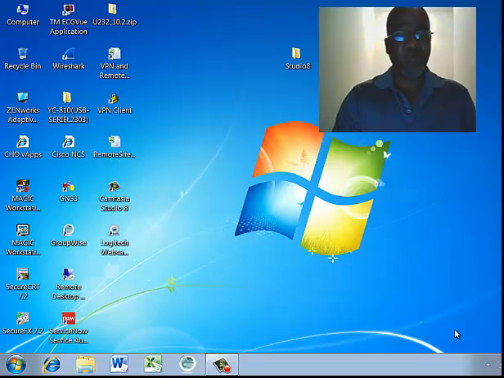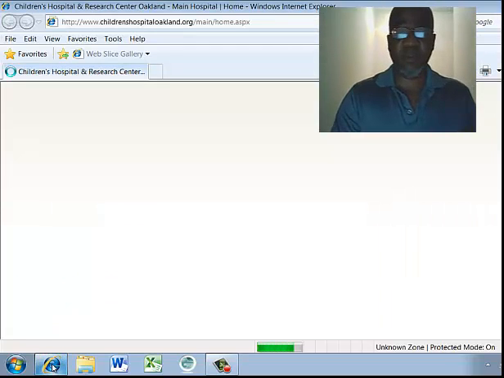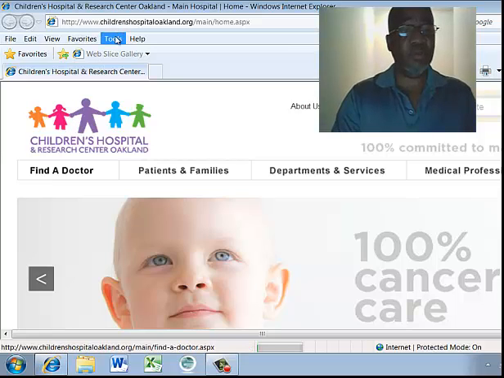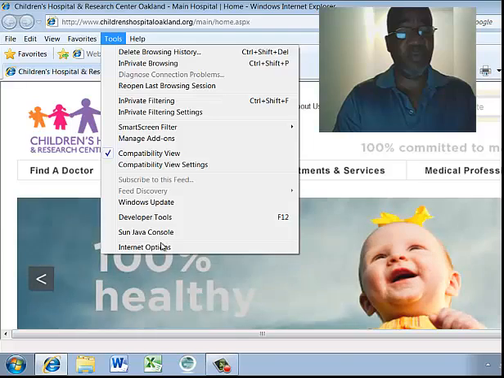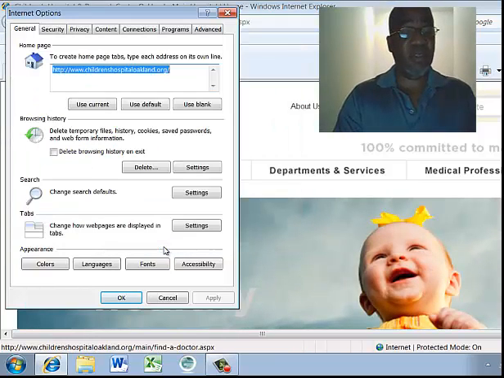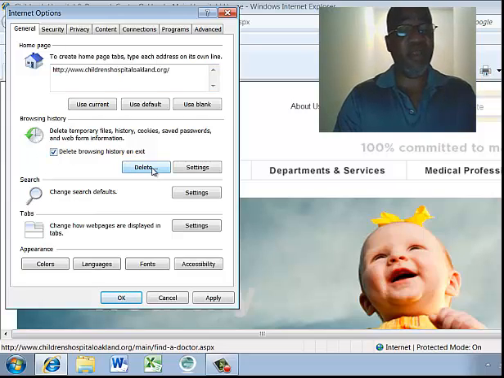Okay, so last but not least, the next thing we want to do is clean out the Internet Explorer temporary files. You want to launch Internet Explorer, go to Tools, and go to Internet Options. Within that dialog box, right in the center of the box, you will see a Delete tab, and you want to select it. Make sure you put a check mark there, and then you